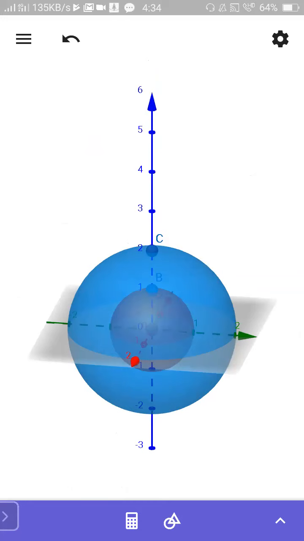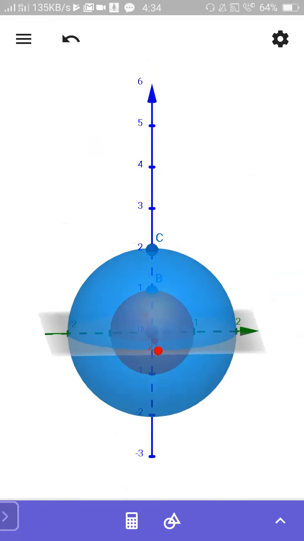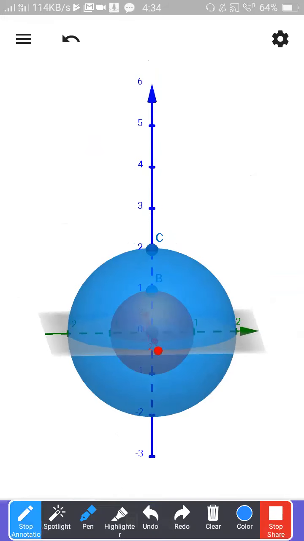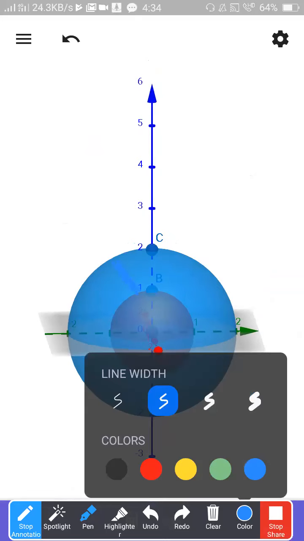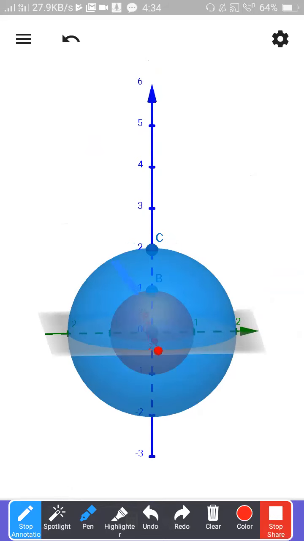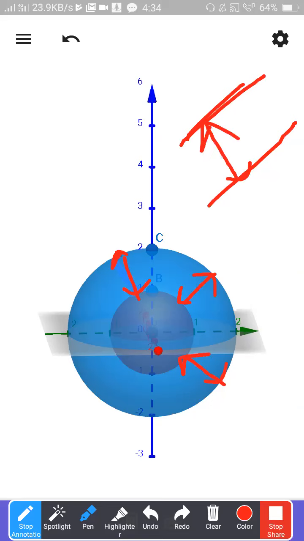Why are they parallel to each other? The distance is always the same. The distance between the inner sphere and the outer sphere is the same. That is another concept of parallel things. Whenever you have two parallel lines, the concept is that the distance will be the same. These two are parallel surfaces. This is the concept of the sphere.